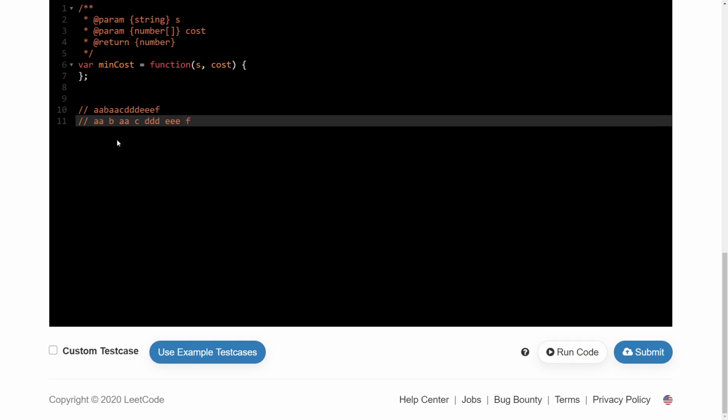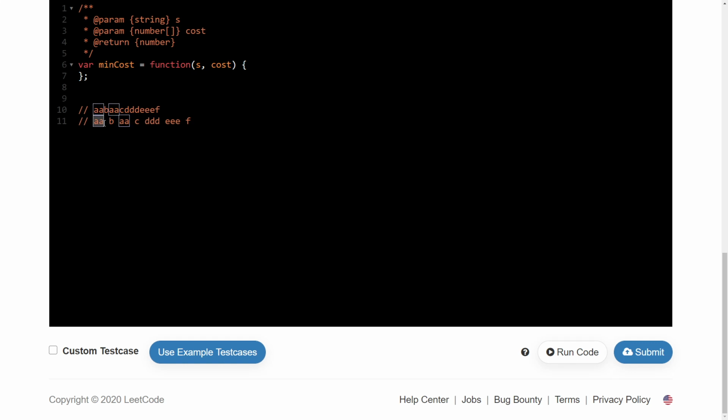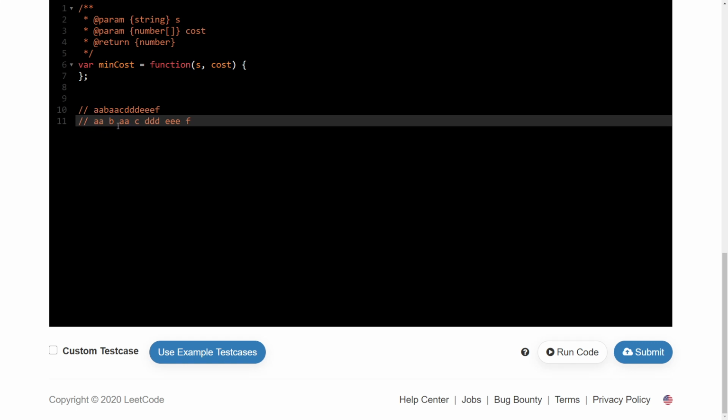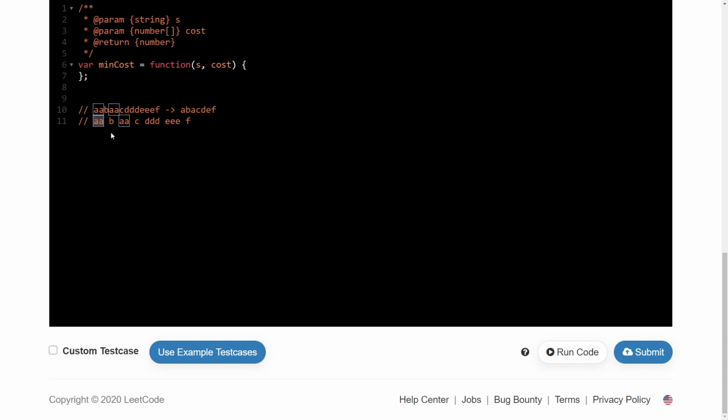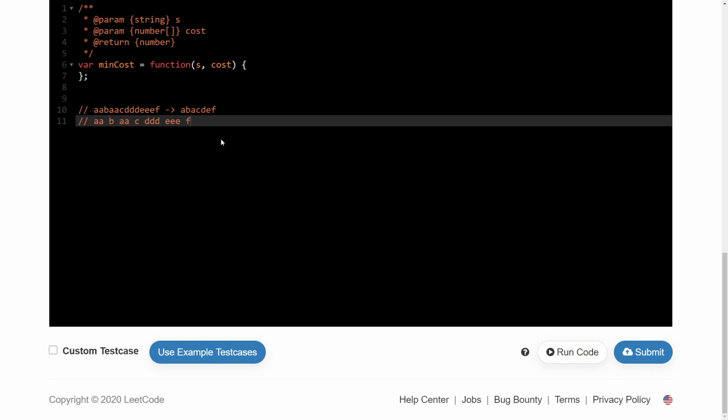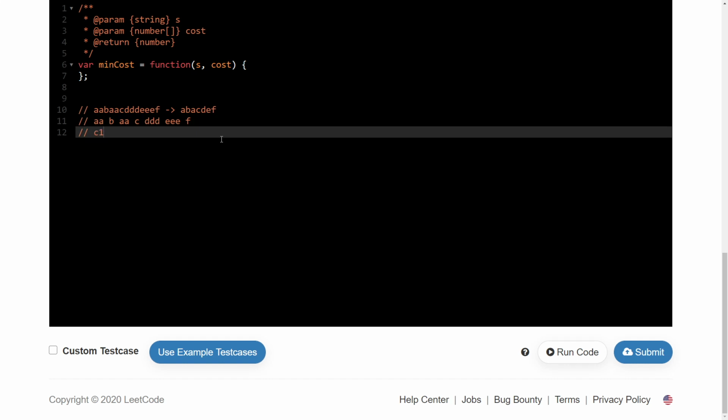This is what I want to achieve, because as I said, in this group we have to convert it to only one occurrence. This to only one, so the output will actually be A, B, A, C, D, E, F. If we do the operation, from each of the groups, only one member can make it to the list, right? So if we make these groups, then what we can do is we can see the corresponding costs, cost 1, cost 2. So for every element in this group, I'll have the cost as well. And what I need to do is I have to delete every one of them, right?